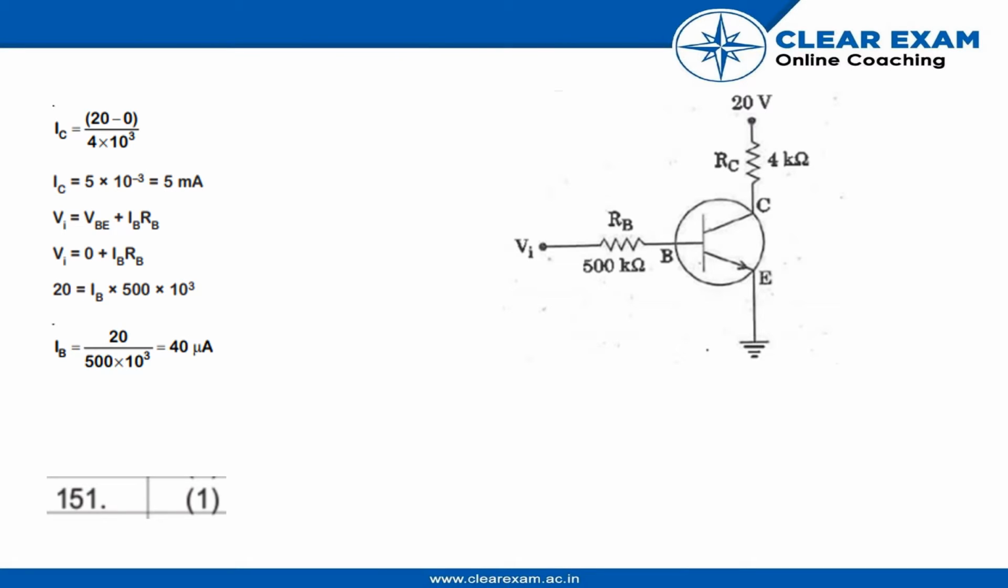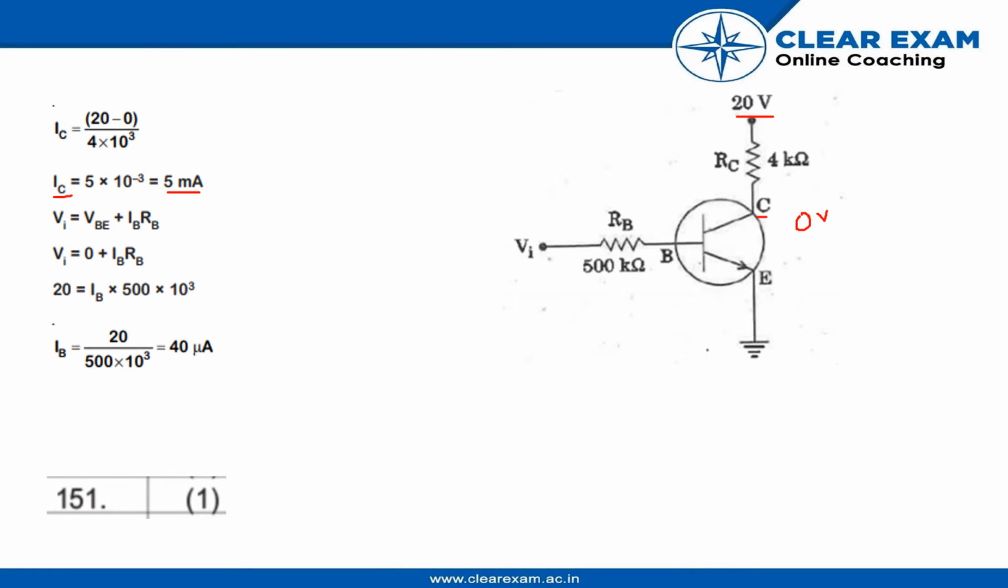So first of all, in this question we will be solving IC, that would be equal to V upon RC. V is 20 minus 0 volt divided by 4 into 10 raised to power 3, since 4 is in kilo ohm and we have to convert it into ohm. So IC would be 5 milliampere. Now for IB,